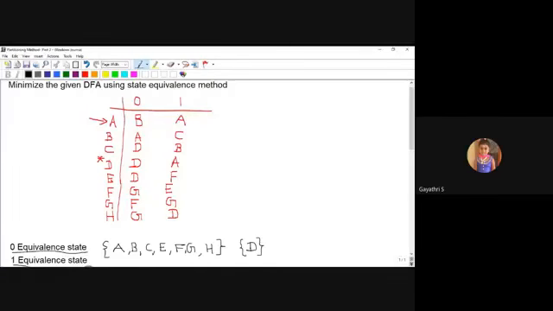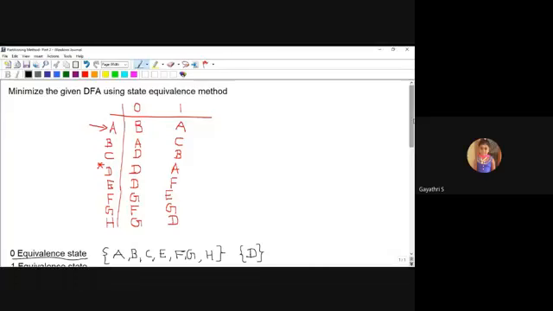So what is the first step? In the first step, I'm going to check whether all the states are reachable from A. For doing this step, first I want to draw a transition diagram from this table.